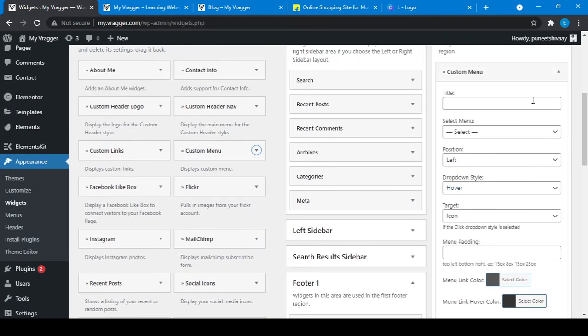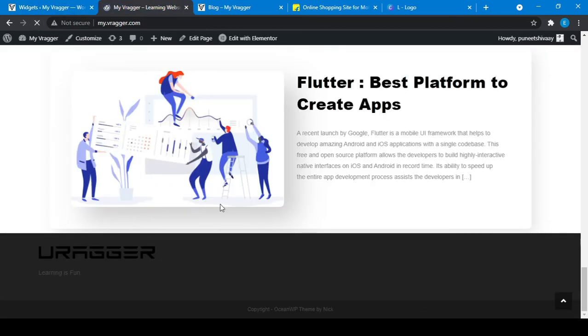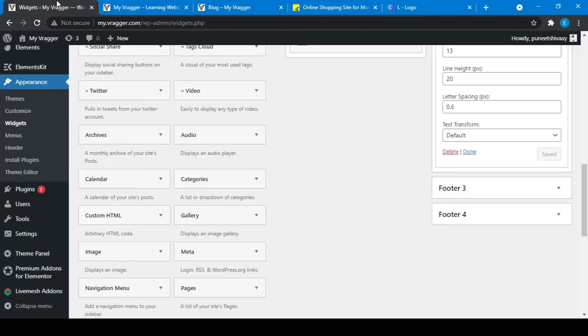The menu option is main menu, and the title text is like sitemap. Update it, save it, refresh it, look here, and this menu is present here.